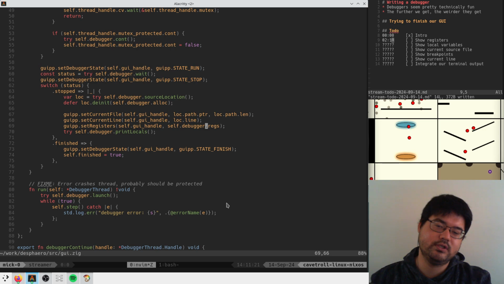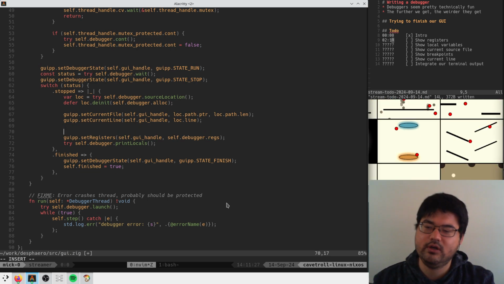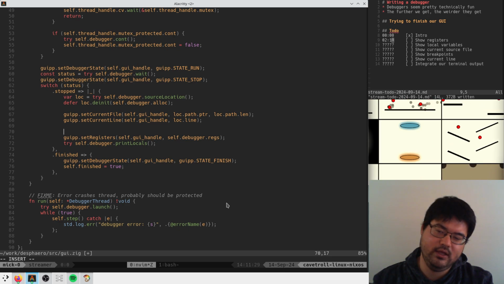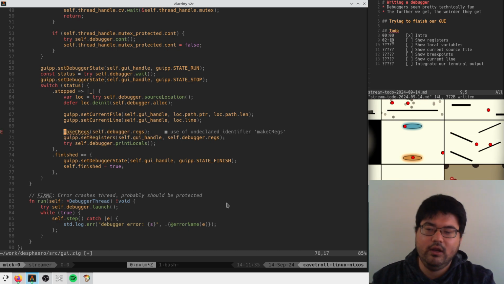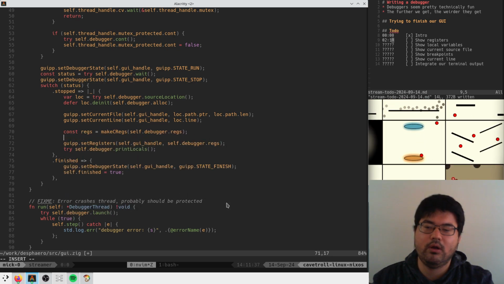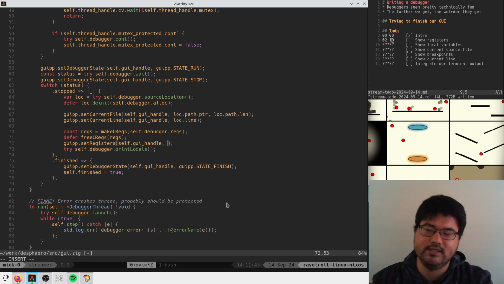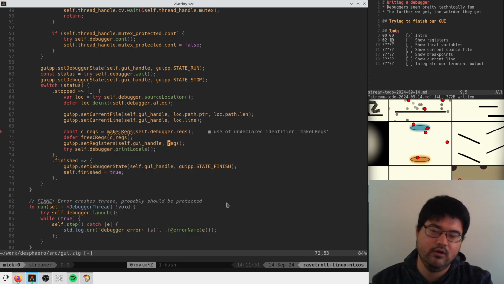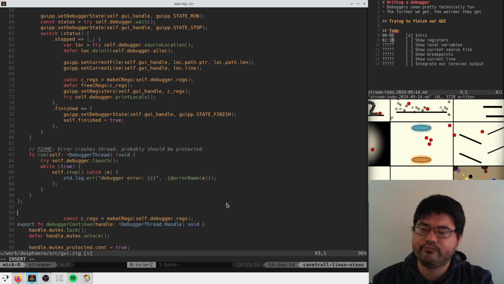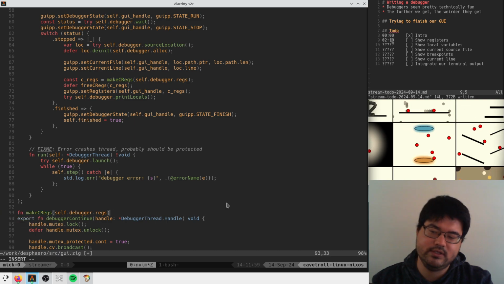Set registers. We are supposed to make our own C structure here. So here we're missing something like make C regs from self debugger regs, right? And then we'll probably defer some sort of free C regs. And then here we're going to pass in regs. Maybe we should call these C regs here, just to be super clear. All right. So now, if we have some function, make C regs, and it returns a